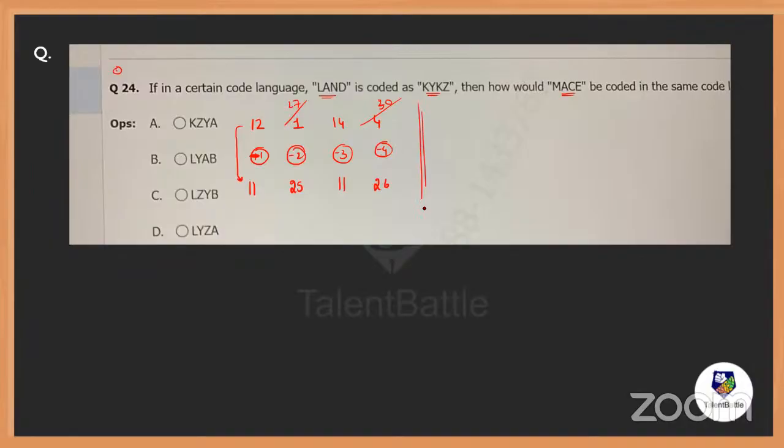Got it, everybody? Now, using the same code, MAZE will be coded as what? M is 13, M is middle. The middle number of all is 13, everybody. M for middle, middle is 13. Out of 26, middle is how much? 13. So A is 1, A, B, C is 3, E is 5, E has 5 lines. Right, everybody? Now doing the same, 13 minus 1 is 12. 12 is L. So option A is gone.